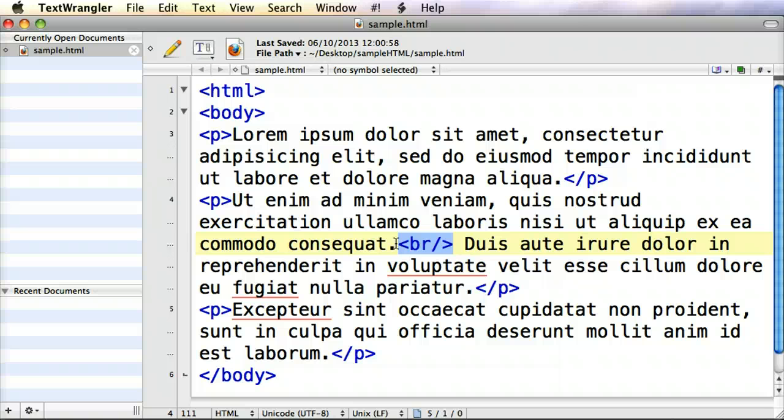Because there's no end break tag with the break element, the text afterwards isn't contained within the break element. It's a single command and it's just given very, very quickly. And that is why, because we don't have an end break tag, the start and the end is effectively all collapsed into one, because it's a single command in one go. We just put it in one place. The browser obeys that command, and then it moves on through the rest of the content